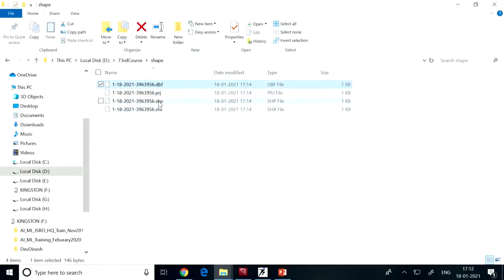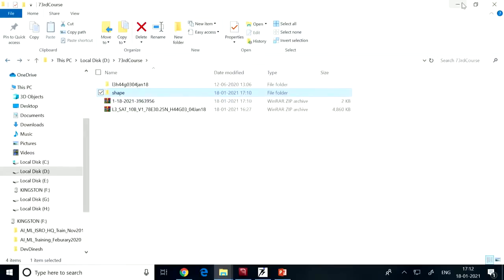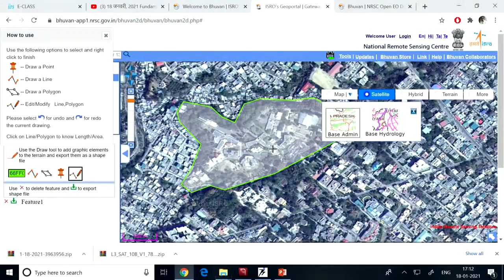Third is the DBF. This is the attribute information which we had given, like IIRS and boundary. Two attributes we have given. So those two attributes are stored in this particular DBF file. Only this PRJ is an ASCII file, others are all binary files. You cannot open them directly. Either you need some software, or you require a particular code for reading these data sets, and this will be the main interface file. So this is the shape file. So this you will be handling. So one data set I had created from here.